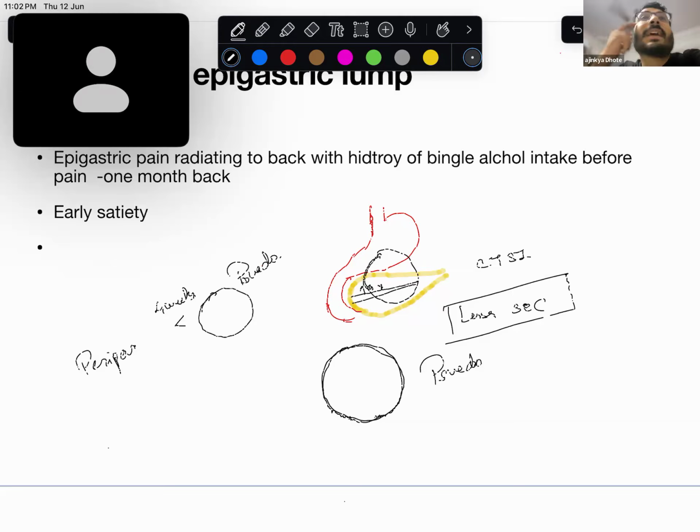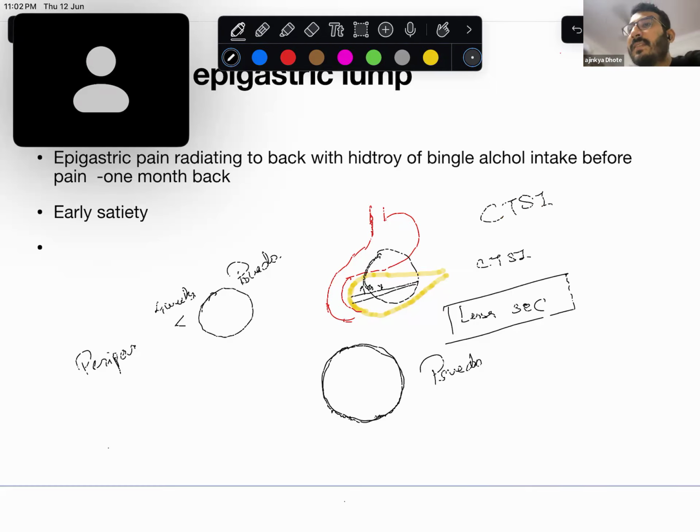Okay. At the same time, whenever a patient comes to you with pancreatitis, after a period of 72 hours, we subject the patient to a CECT, contrast enhanced CT abdomen. In that case, we have to see two things. One is the amount of fluid collection that is there exactly around the pancreas. This is one thing. And the second criteria that is used for CTSS scoring,